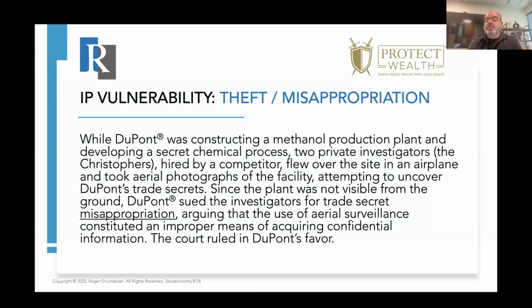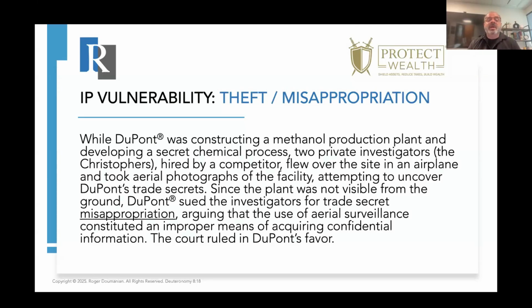And a competitor wanted to know what that process was, the formula. And so they hired these two investigators known as the Christophers. The Christophers flew an airplane over this specific facility that DuPont owned that was not visible from ground level, and they started taking photographs from the air